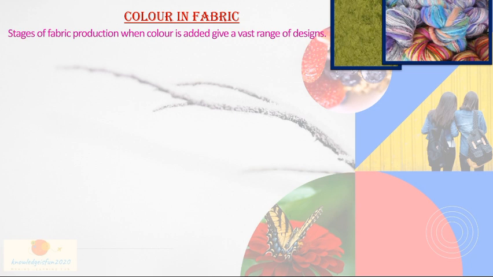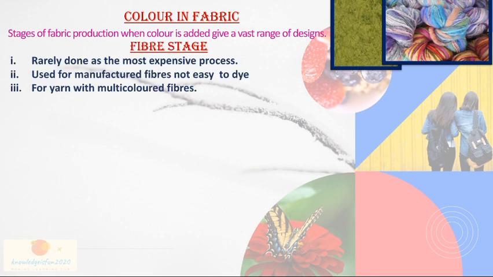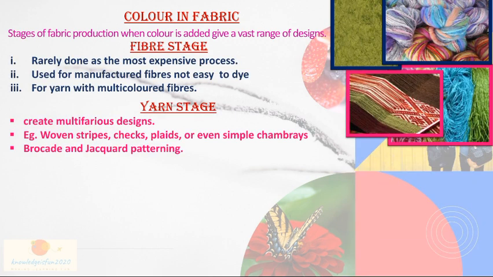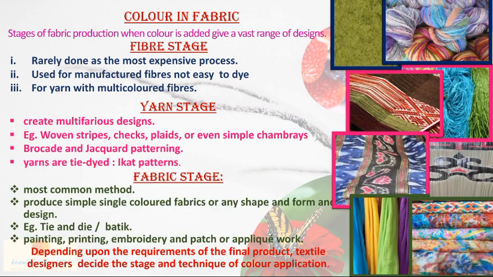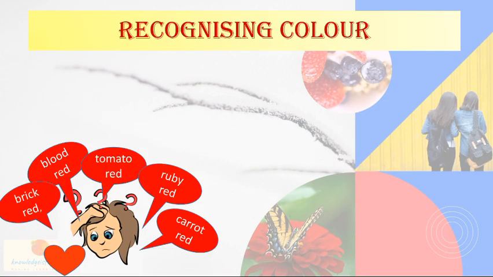Color in a fabric, we covered it in the last video. You can go back and watch it. It deals with the impact of color at the different stages of dyeing. It could be the fiber stage, the yarn stage, or the fabric stage. A designer has to be very particular. He has a vision of the final product which he wants, and based upon that, the coloring is done in the fabric. Now, I have one problem.